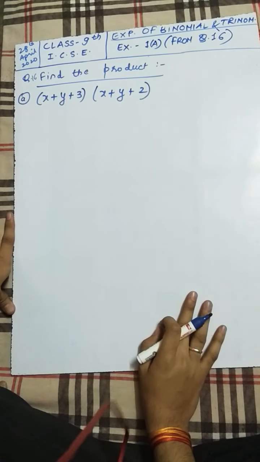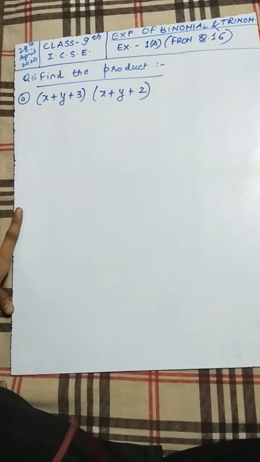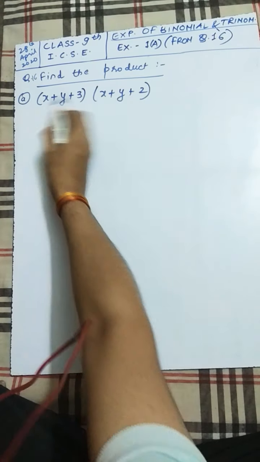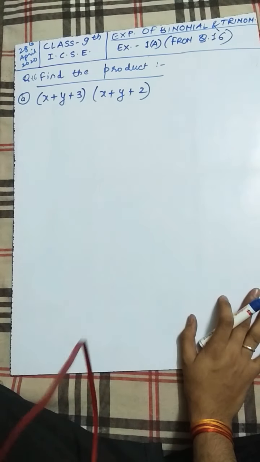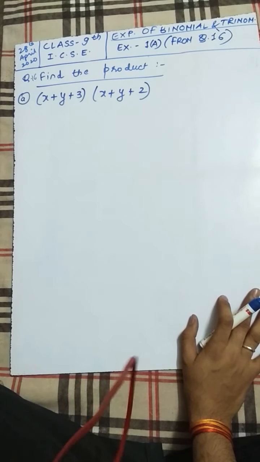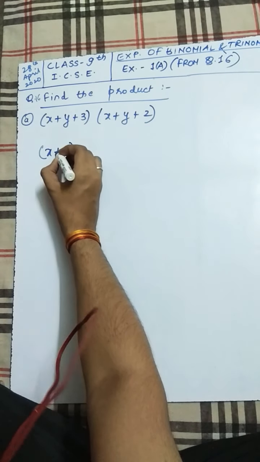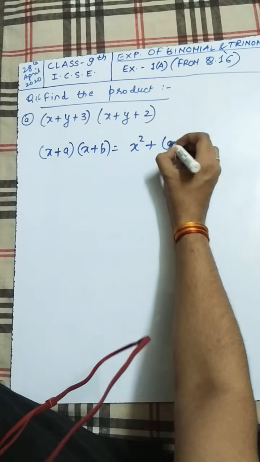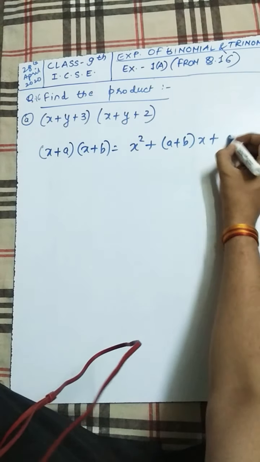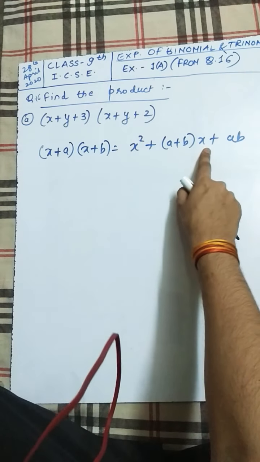In this question we have to find the product by using some standard identity. One can easily find the product by multiplying x with the whole, y with the whole, and 3 with the whole and expanding, but we need to use one identity. In the previous session we have seen this identity. This identity says that (x plus a) into (x plus b) gives x square plus (a plus b) times x